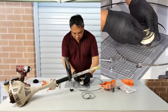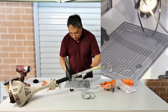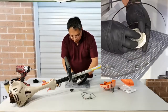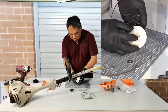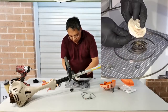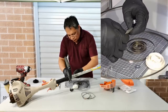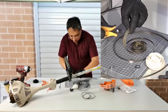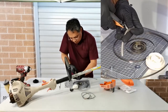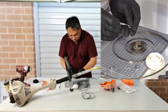So just place a plate here, then the washer, then at the back I have to place another washer here. Before we do this, because I have a slightly small bolt, and I don't have a bigger one, I prefer to have some sort of bushing, about 3 centimeters. So I'll cut a piece of bushing, just a piece of hose, a big fuel line hose, and then I place this one into the